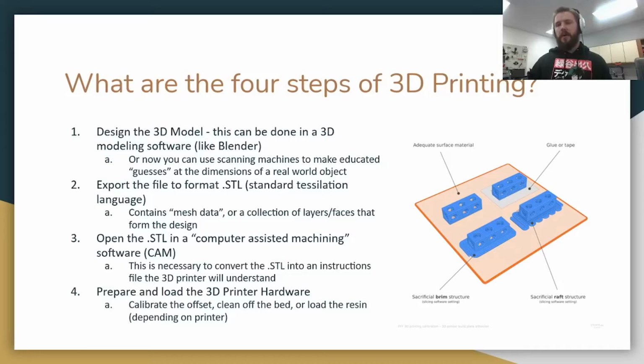Now, what do you do with this STL? Because it's still on the computer. You haven't printed anything yet. It's still in the digital cyberspace. So to get it from the computer to the real world, you need to translate it again. And this is done using a computer-assisted machining software, or a CAM. They're also referred to in 3D printing as slicers, because the process of converting an STL into machine language is